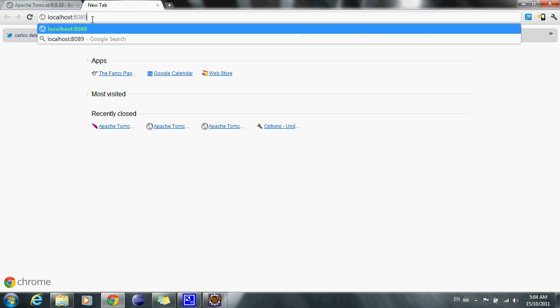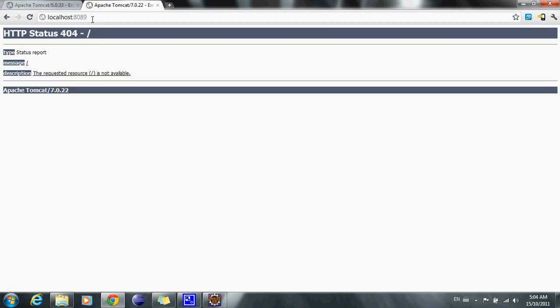Now do the same thing in order to check for version 7 of Tomcat. We chose 8089 as a port, so type localhost colon 8089, hit enter, and it should give you the same error, but it should show you Apache Tomcat 7.0.22. Now, having said that, everything seems to be in working order, and if we close the servers